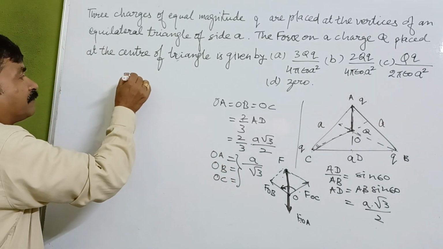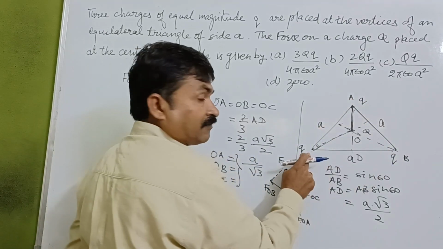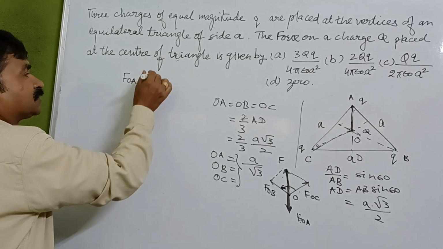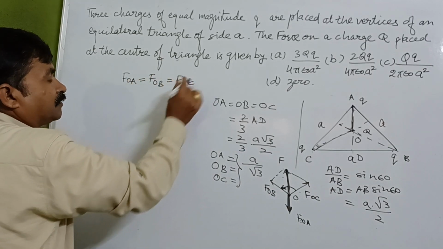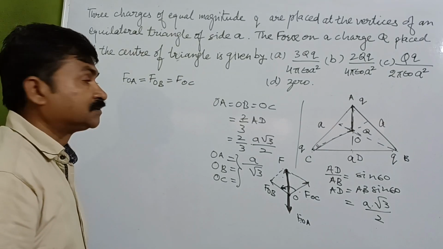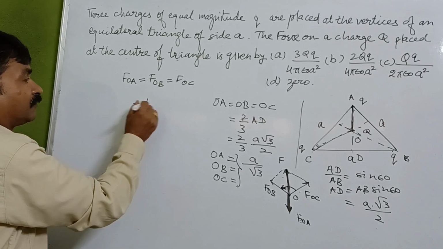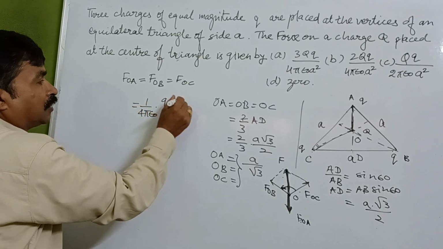Now what is the value of FOA? All the charges are of equal magnitude, and this charge is Q. So we will have the force FOB, which is equal to FOC. All the forces will be equal in magnitude, as we have seen. So we are going to calculate 1 upon 4 pi epsilon naught into Q upon Q